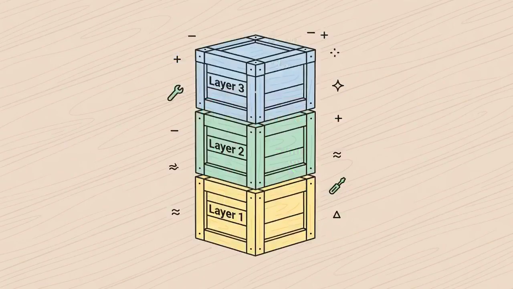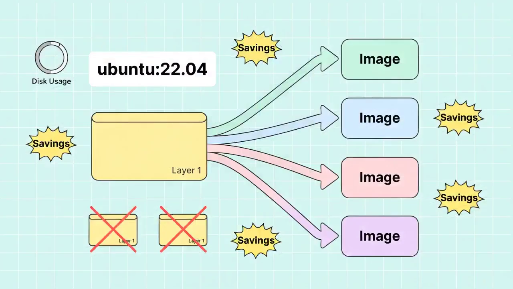Crack open that container, and you find the real magic. File system layers stacked on top of each other like wooden crates. Each layer captures only the changes made by a single build instruction, so no space is ever wasted. Because each layer only stores what changed, common base layers can be shared across many different images. If 10 applications all use the same Ubuntu base, that base lives on disk exactly once, saving gigabytes of space